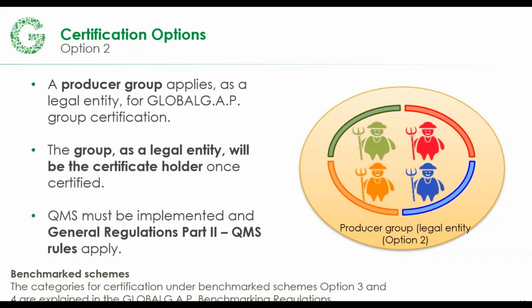We do have an additional standard that we operate called the Harmonized Produce Safety Standard in collaboration with United Fresh and the G.A.P. committee. This could also be under an option 2. It would not be option 3 or 4 because it is a separate standard, but it would be option 2, Harmonized Produce Safety Standard. So that would be a food safety only standard that could be done as a group as well.